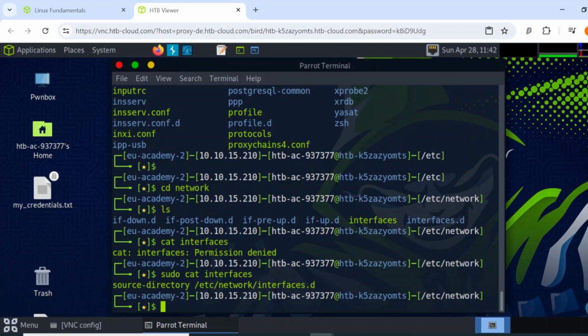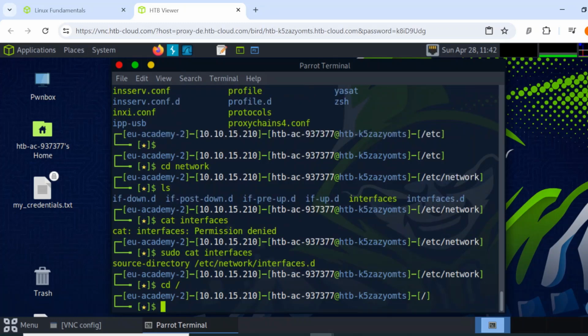Now again, we are almost done with today's topics. And I know it's been a lot, but I definitely have to cover this. I have to show you this. So again, going back to our root, cd space slash. The two more things that I want to talk about, again with ls on the root, are